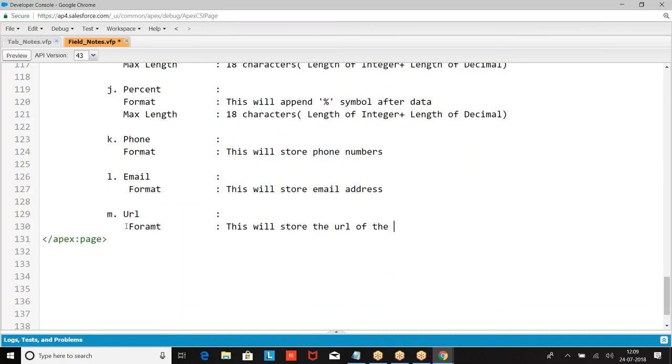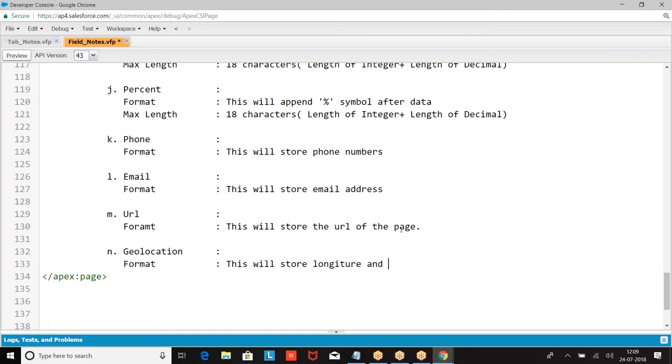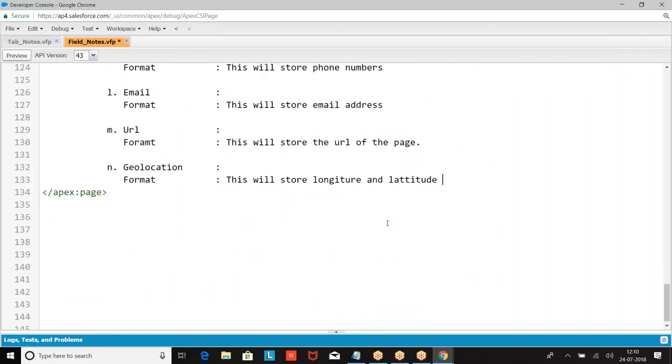This will store the URL. Then we have geolocation. Longitude. All these are data types.